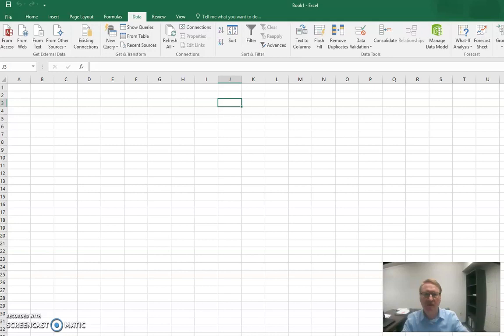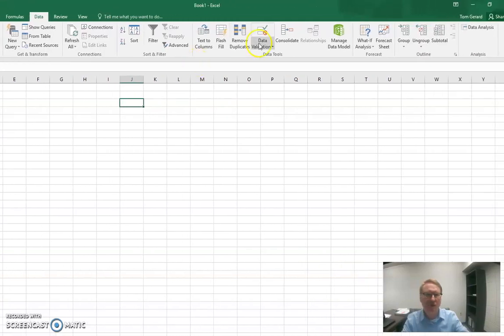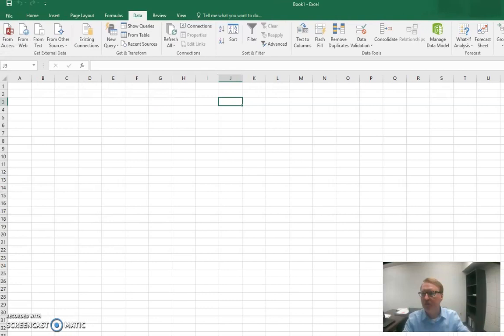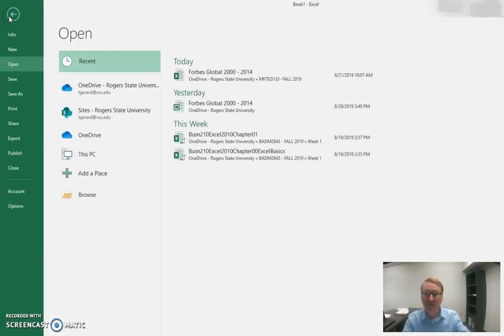Click on that. I'm going to move my screen across over here, and there's a thing on the list that says Data Analysis. If you see that on yours, you may be already set up, but we're going to go through how to put that in there. You may open your Excel and not see this on the Data tab. So we're going to go to File and Options